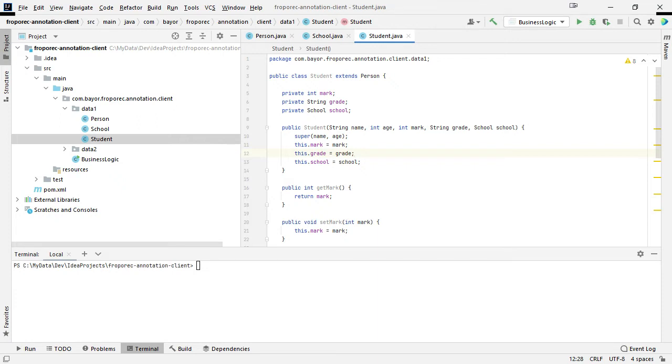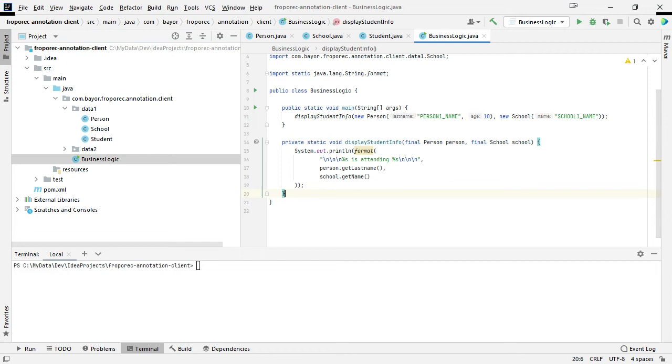Now we added this business logic here, which is just a display we do here. We don't do anything really special. As you can see, all we do here is to display information from two existing POJO objects, which are the parameters for this method right here, which we are calling from the main. So we will transform this method as you see it right here, in order to show how, instead of using the POJO object inside the method, we will be using the generated record object instead. But before that,